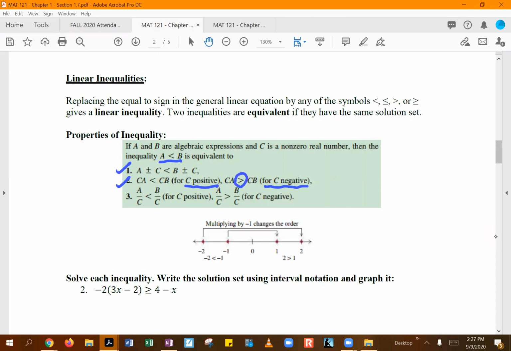So originally we had A less than B, but you will see when we multiplied by that negative C, the direction of our inequality changes. That same thing happens if you're dividing by a negative number. Again, if we divide by a positive number, nothing changes in our inequality symbol. But the moment we divide both sides by a negative number,